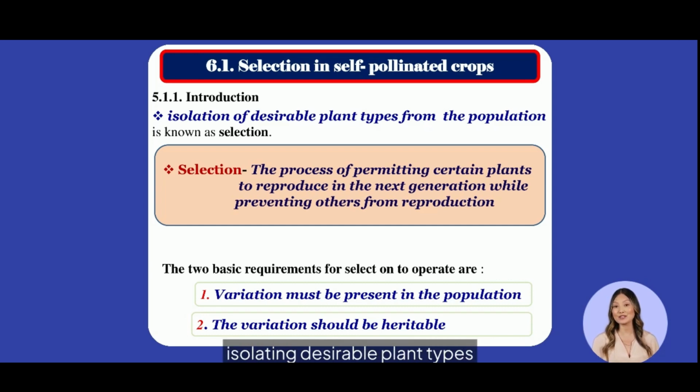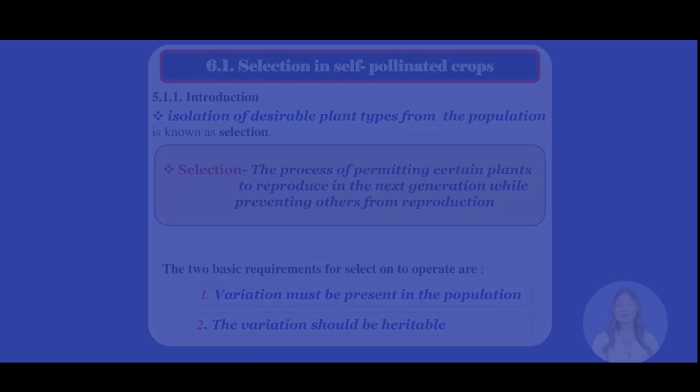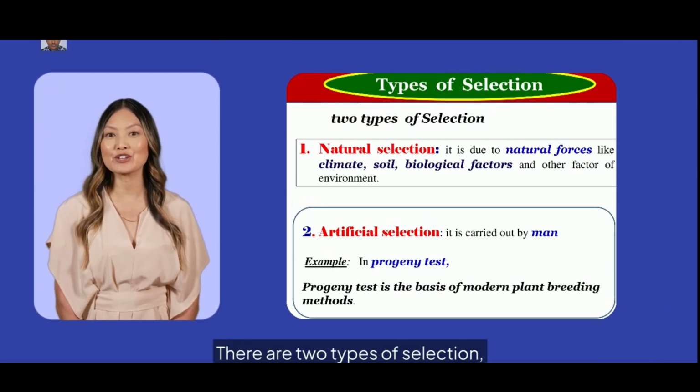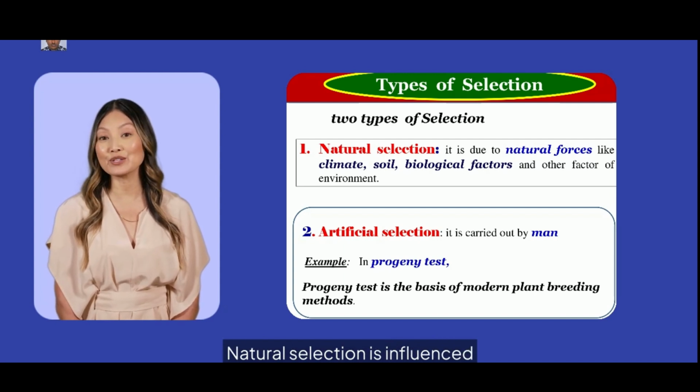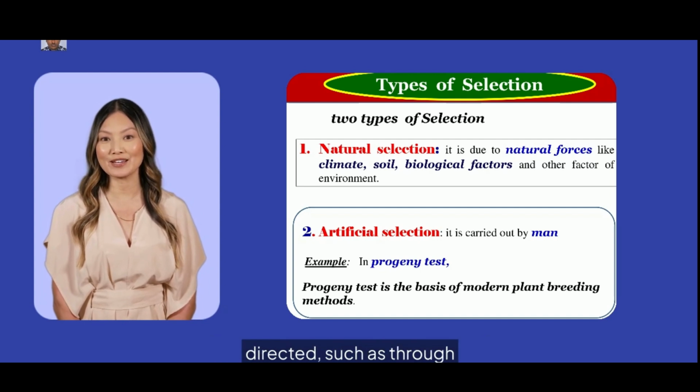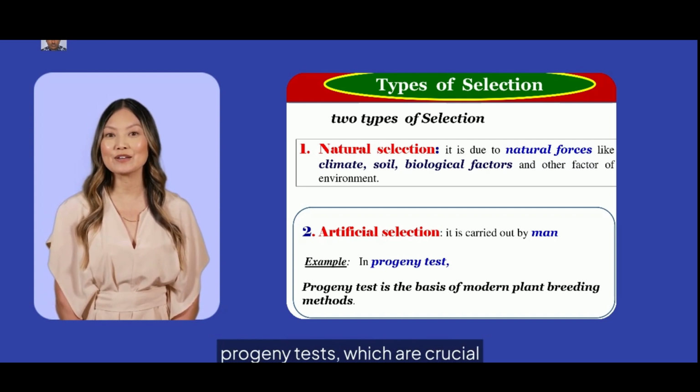Selection involves isolating desirable plant types from a population. It requires variation in the population and heritability of these variations to be effective. There are two types of selection: natural and artificial. Natural selection is influenced by environmental factors, while artificial selection is human-directed, such as through progeny tests, which are crucial